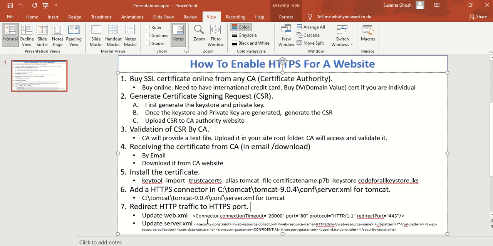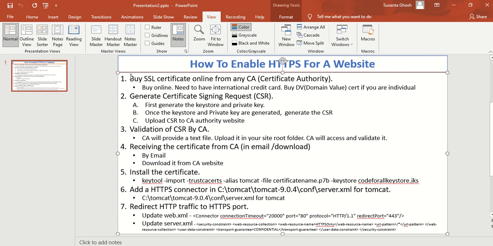So the steps I followed to enable HTTPS for my site are given here. But overall the process is the same, just the commands and some file names will be different for different application servers. If you follow these steps, you will be able to enable HTTPS for your website.